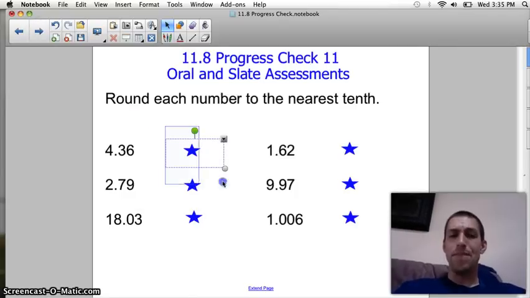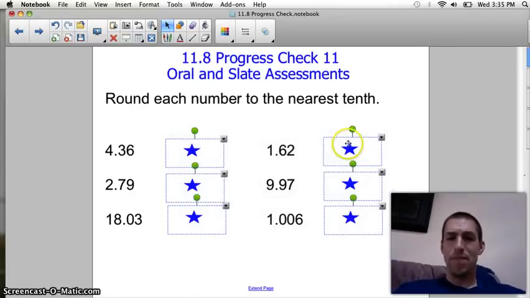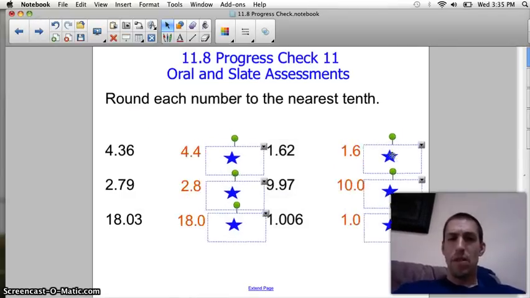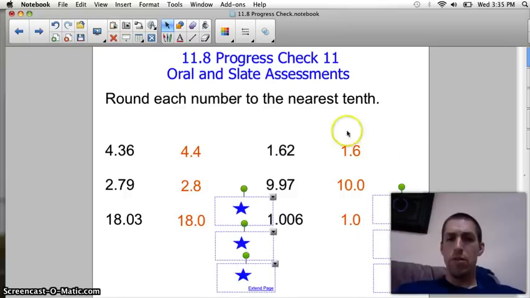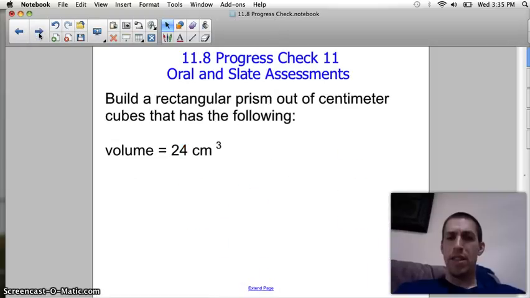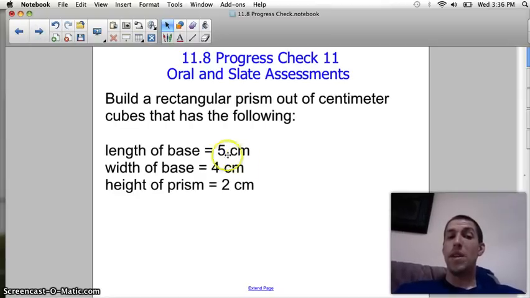Pause and try these. There are your answers. Hopefully you know this. If not, come talk to me about how to round each number to the nearest tenth. What about this? What would you make the length, the width, and the height to find a volume of 24? There'd be multiple answers you could get here, but one could be the length would be,